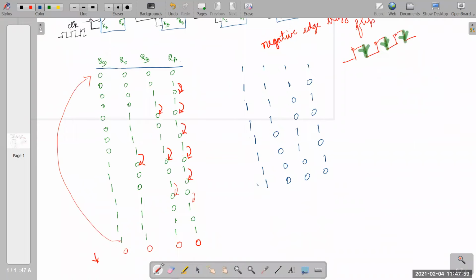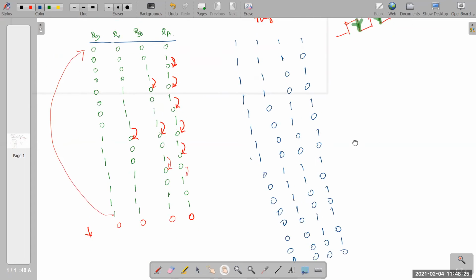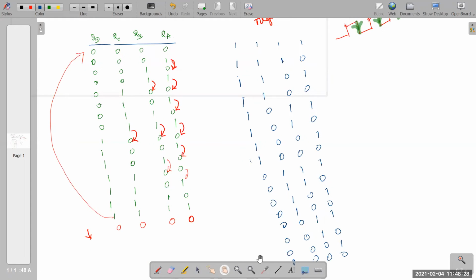After 8, it should be 7, 6, 5, 4, 3, 2, 1, 0. This is the down counter pattern. Keep on decreasing: 15, 14, 13, 12, 11, 10, 9, 8, 7, 6, 5, 4, 3, 2, 1, 0. Okay, down counter. So it's the same circuit.